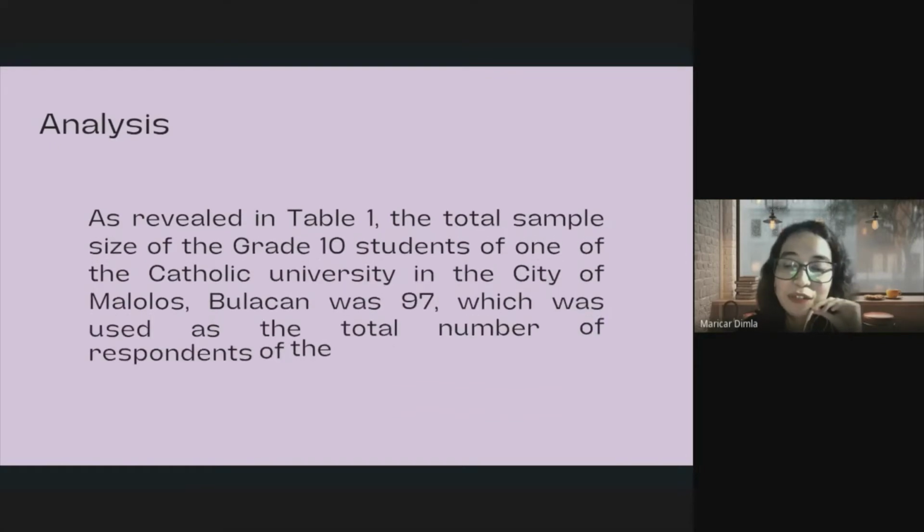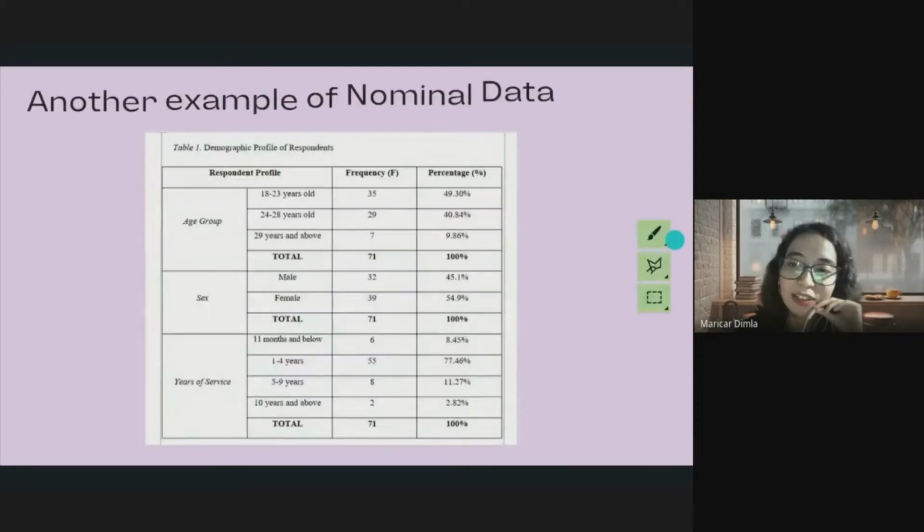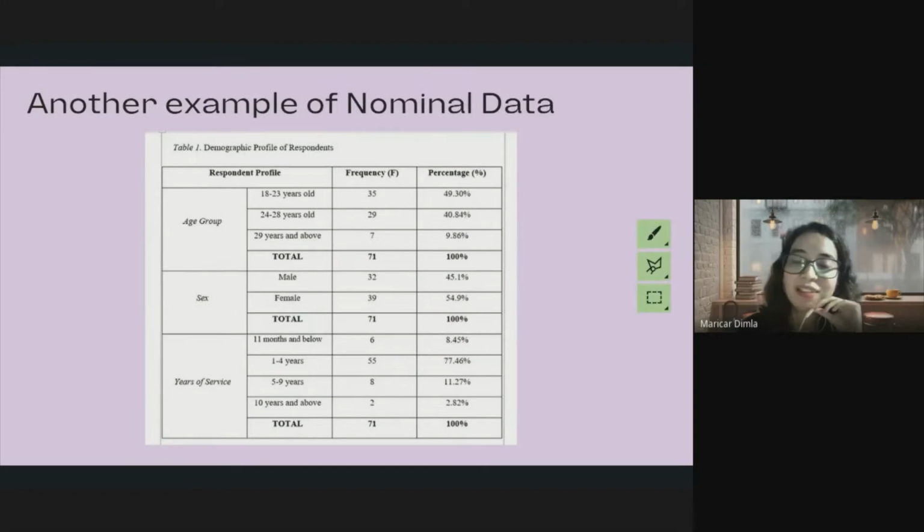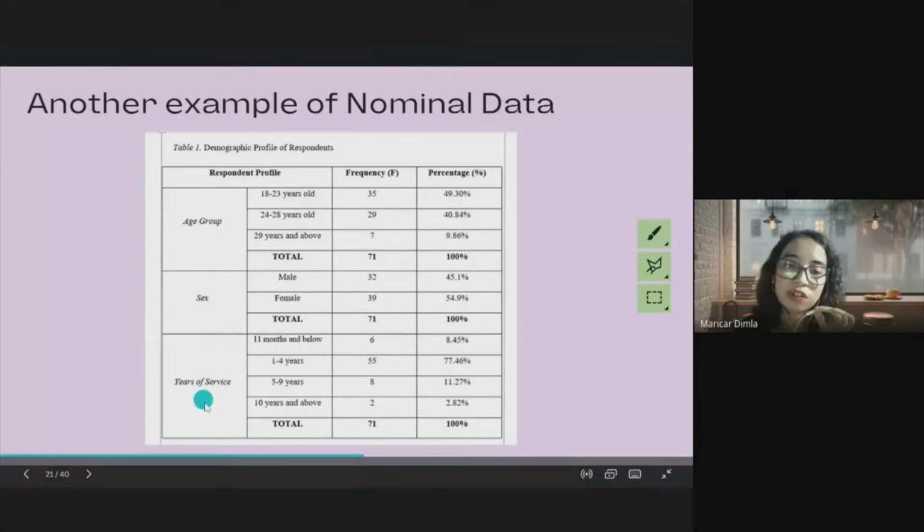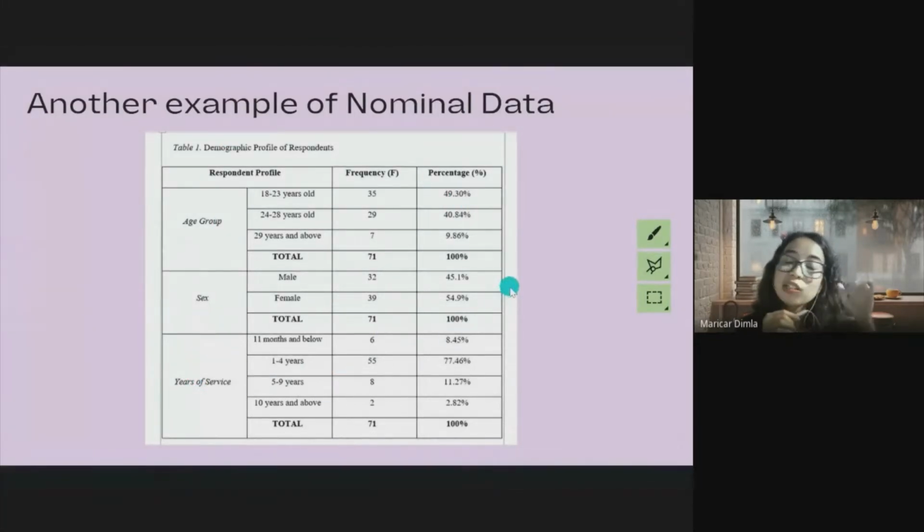Pakikita ko lang class other version to present your nominal data. This is my favorite kasi. Example class, on the demographic profile of your respondents. Halimbawa, 1.1 the age group, 1.2 sex, 1.3 years of service. Pwede nyo siyang gawa na ng ganito na in just one table, nandun na lahat. So kapag nagbigay ka ngayon ng interpretation, ganun na lang din, mabilis lang. And even the analysis. Hindi mo na kailangan paghiwa-hiwalayin pa.